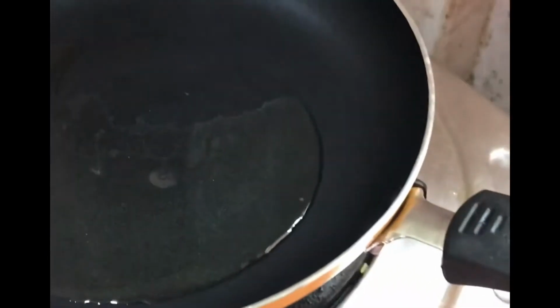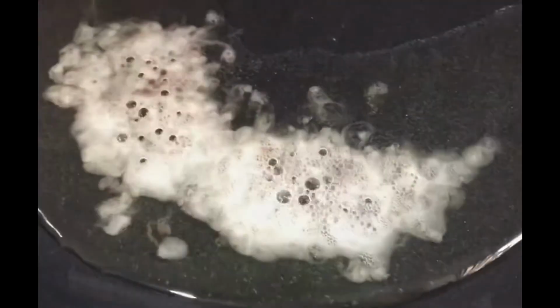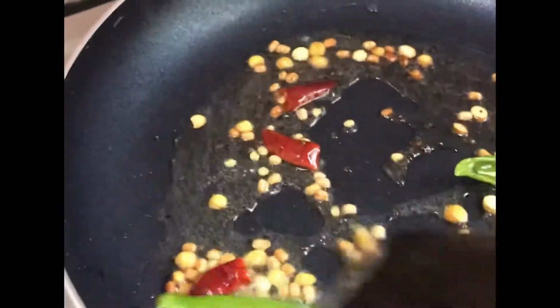I have taken a pan, added 2 spoon of oil. Once oil heated, we are going to add mustard seeds, then urad dal, chana dal, saute for few seconds. Then we are going to add green chilli and red chilli,